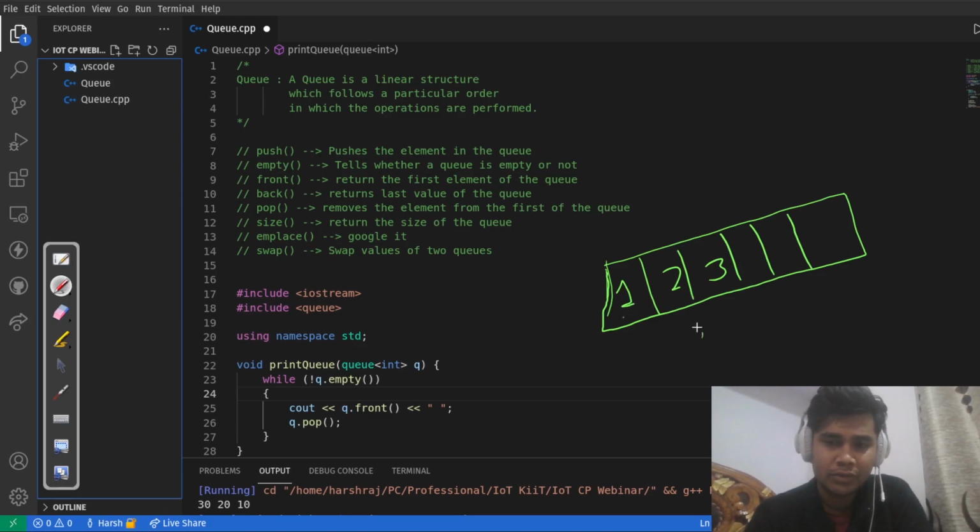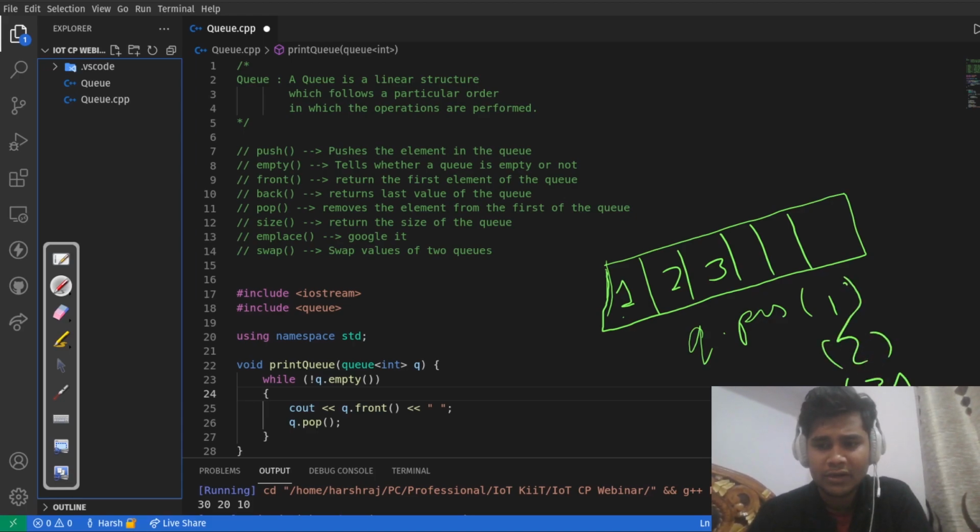If we push 1, 2, 3, for example, q.push(1), then 2, then 3, what will happen? The element with the greatest value will come at the top. That is, the resultant priority queue will be